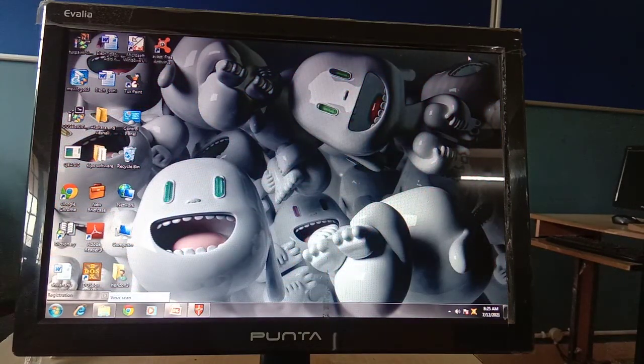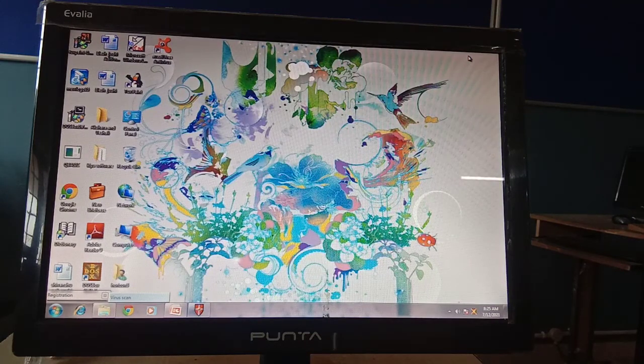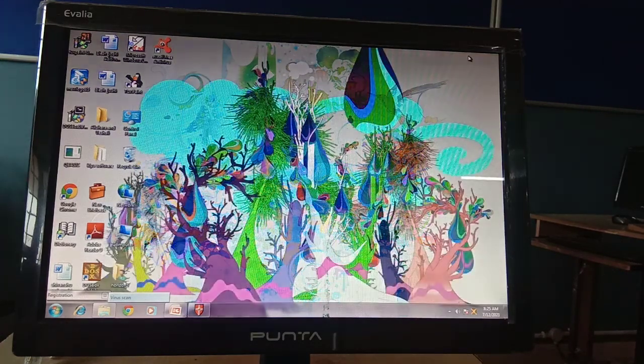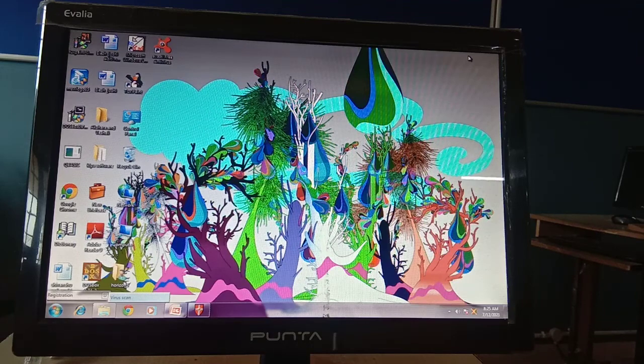Okay, so let's start by opening Microsoft PowerPoint. I want everyone to open Microsoft PowerPoint. That's why, from the third chapter, as Microsoft PowerPoint started, every time I'm just starting with how to open Microsoft PowerPoint.